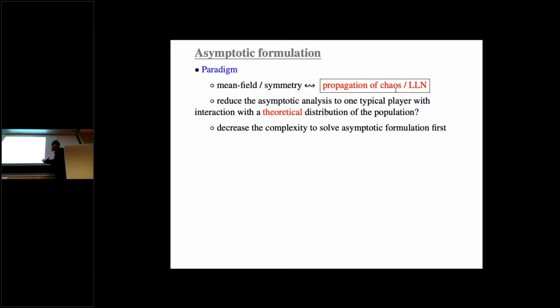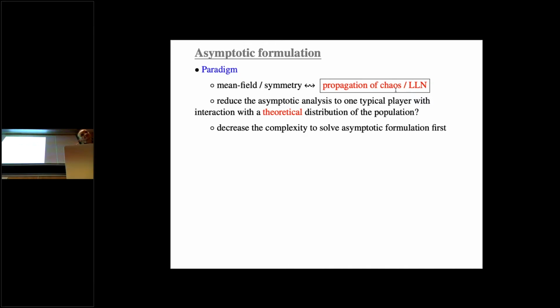And once again, by combining symmetry and averaging, you expect to be able to pass to the limit, and certainly this should simplify the analysis. This should simplify the model. It seems complicated to understand why this should simplify the model, but precisely because when you take the law of large numbers, this is a way to replace some interactions just by means, by average quantities, and possibly this is a way to decrease the complexity of the models.